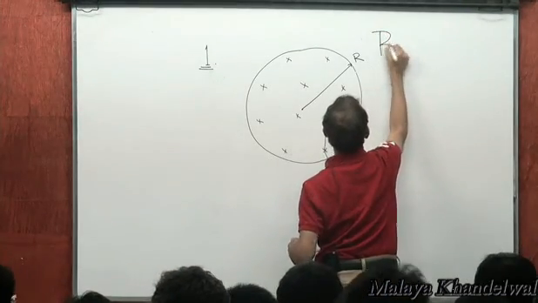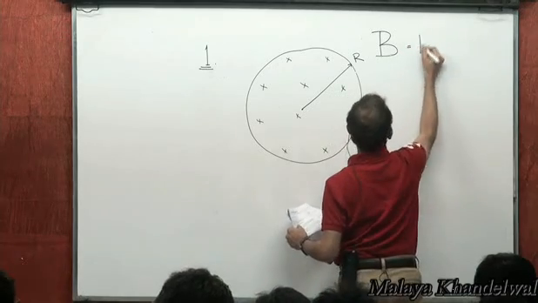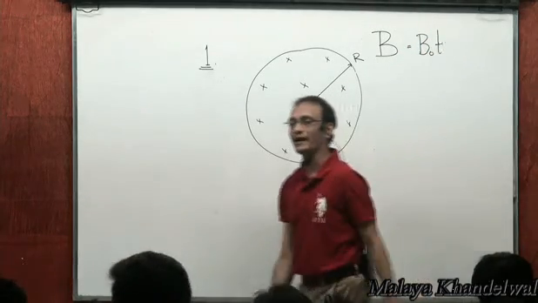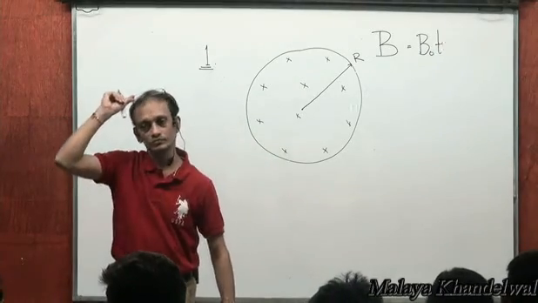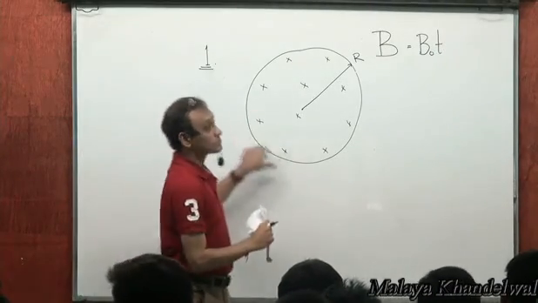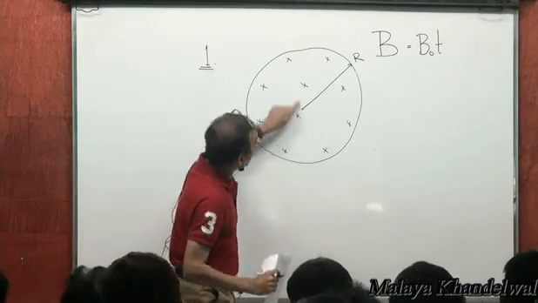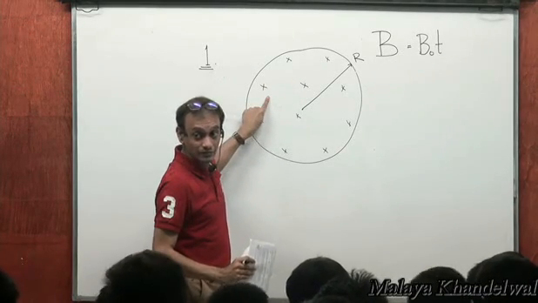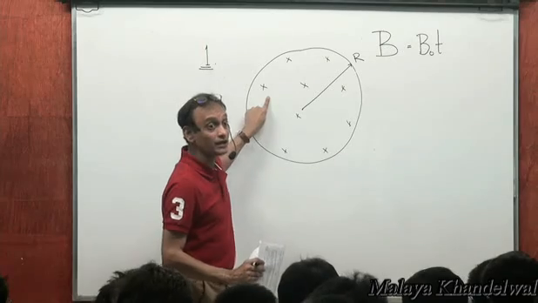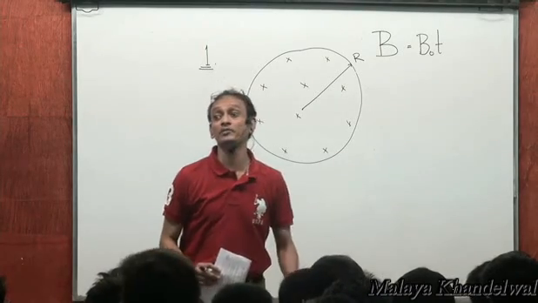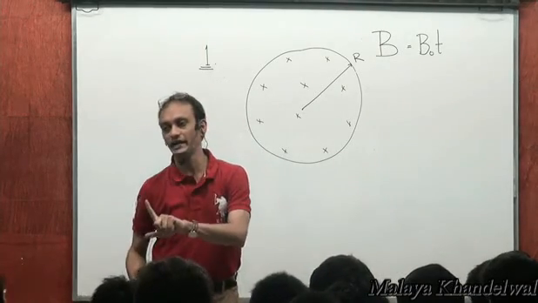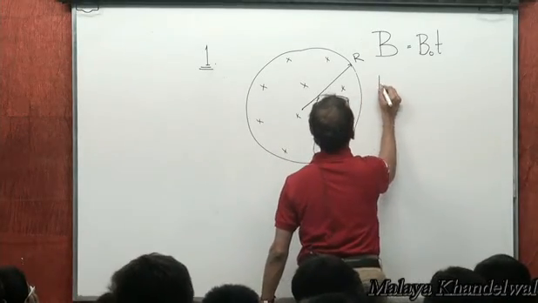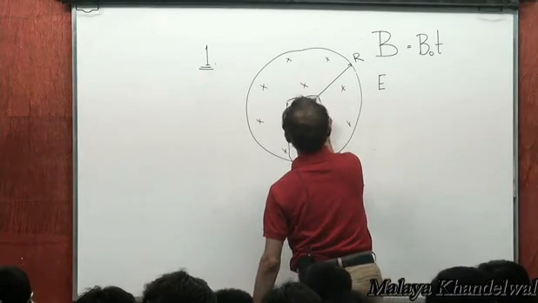B is given as B naught t. That's the time varying magnetic field going into the plane of the board, right? So in this region, at a distance small r, the electric field will be perpendicular to that small r, and the magnitude of the electric field will be given by r by 2 dB/dt at any small r. So at any given r, the electric field at a distance small r from the center O